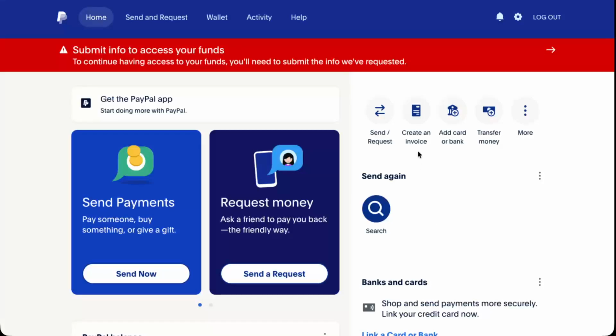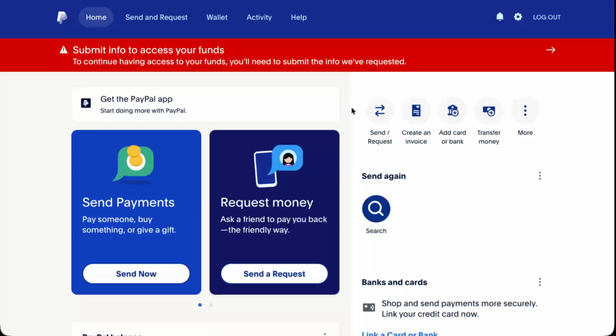In today's video, I'm going to teach you how to check if your PayPal account is business or personal. This is really useful if you're trying to connect PayPal to another service, accept payments, or just want to understand what kind of account you're using. The steps are simple, but it helps to know exactly where to look so you don't get confused by PayPal's